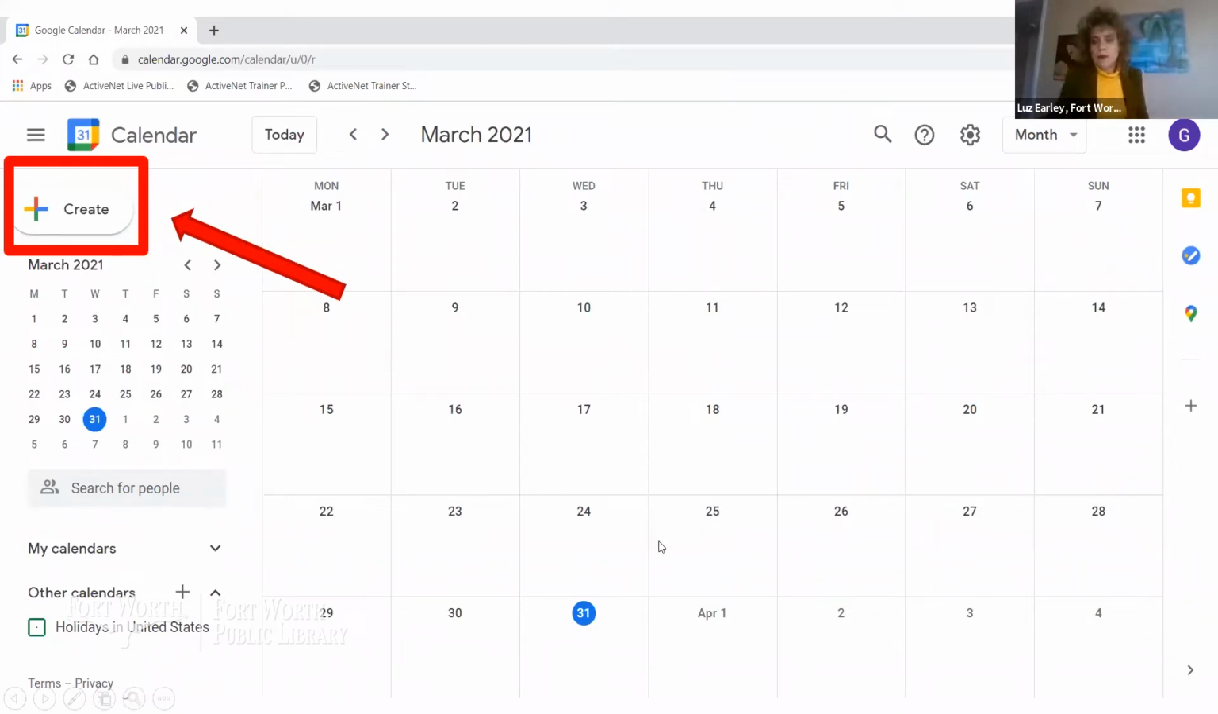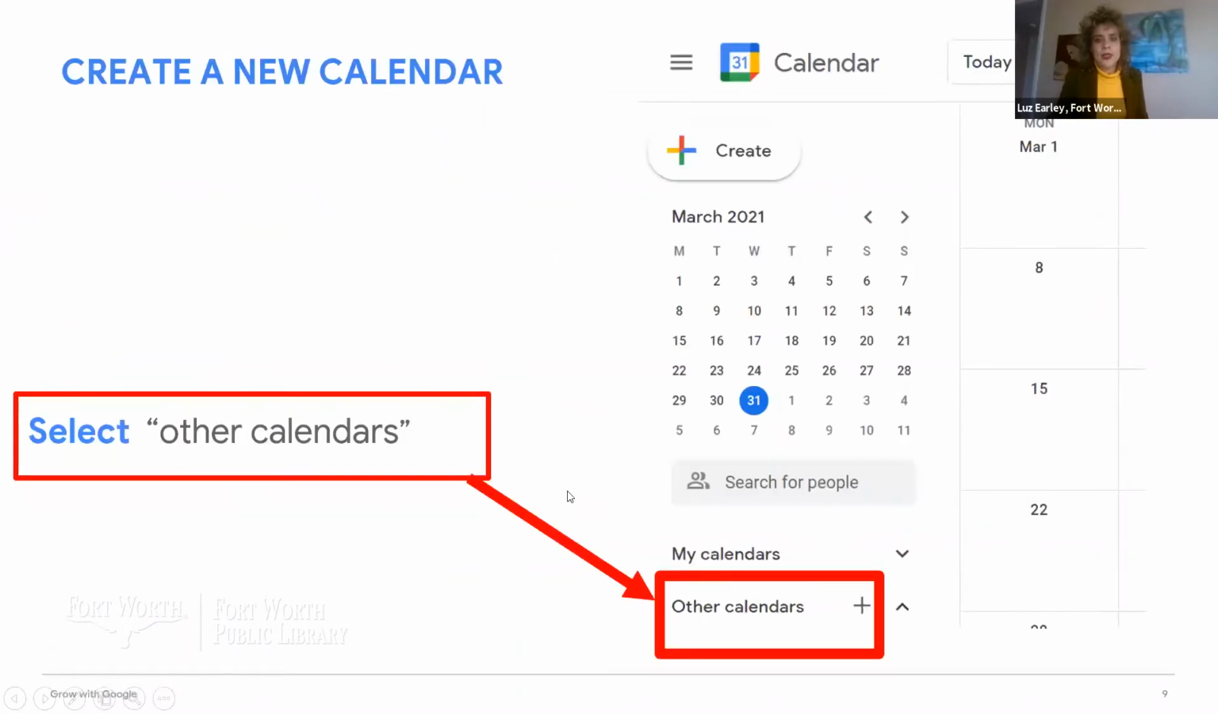So now, let's see what happens next. Okay, I created a calendar. Now, one of the things that we will want to look at,